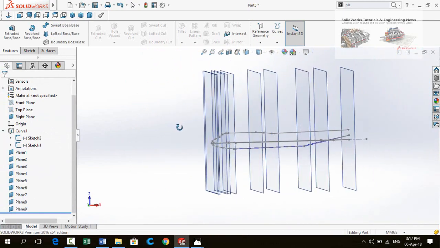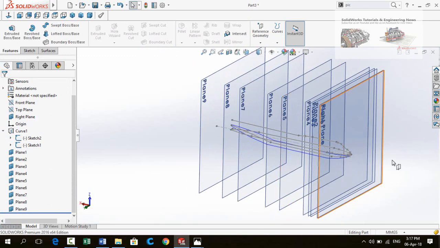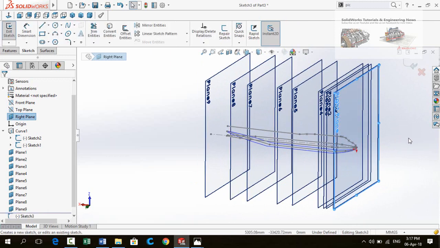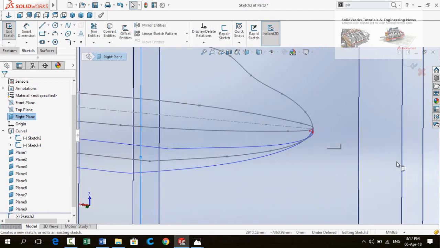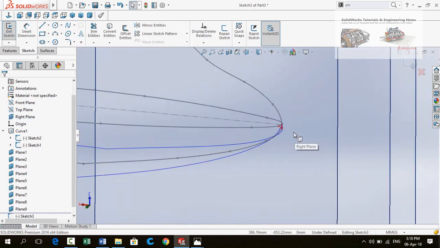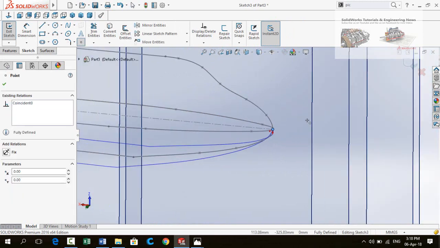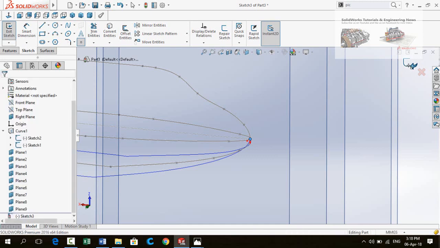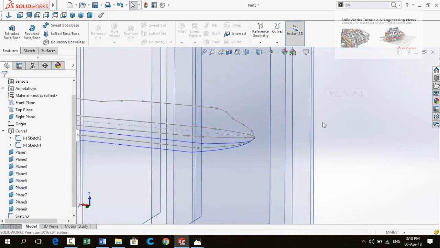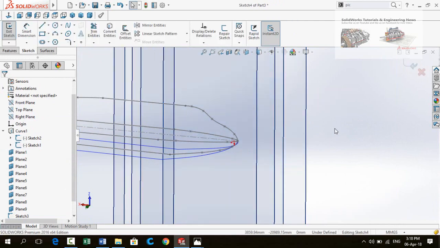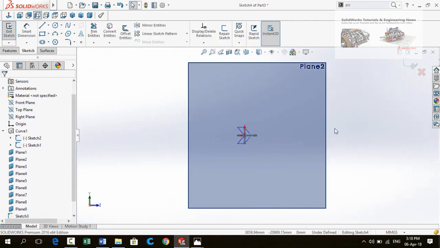So now we had created planes on all these points. So first of all, click on this right plane and then sketch on it. Zoom in and you don't have to draw any sketch or ellipse on the right plane. You just have to place a point on the origin. Press this button to save and exit from sketch. Now you can hide the right plane, then sketch on plane 1. Make normal to by pressing Ctrl+8 key from your keyboard.